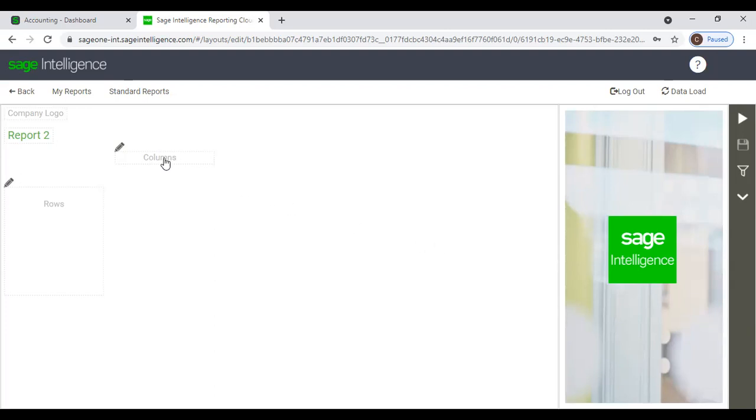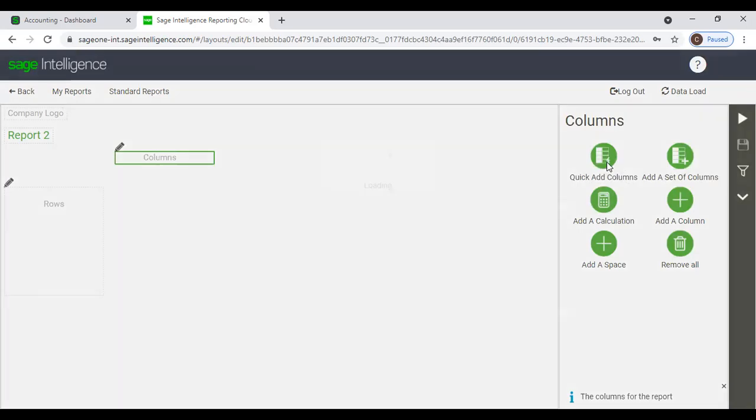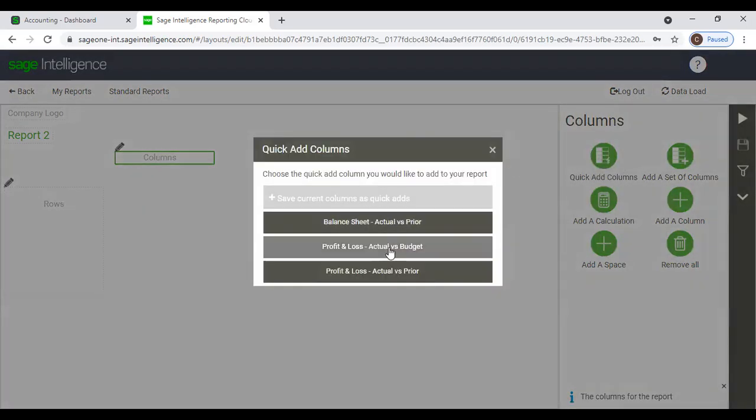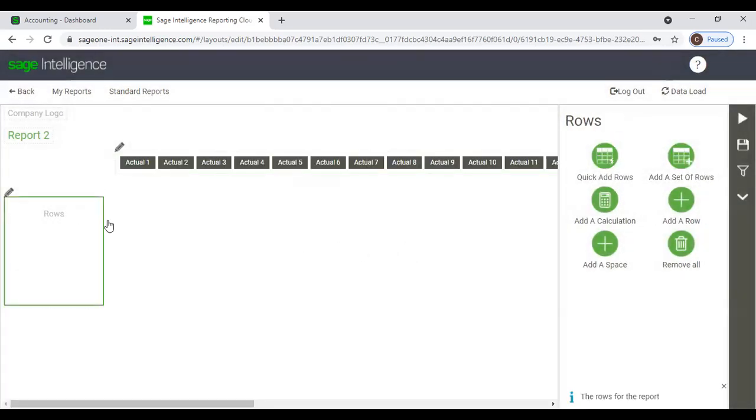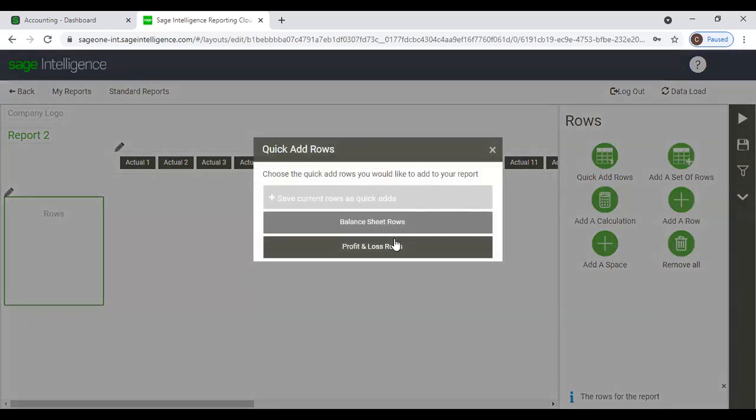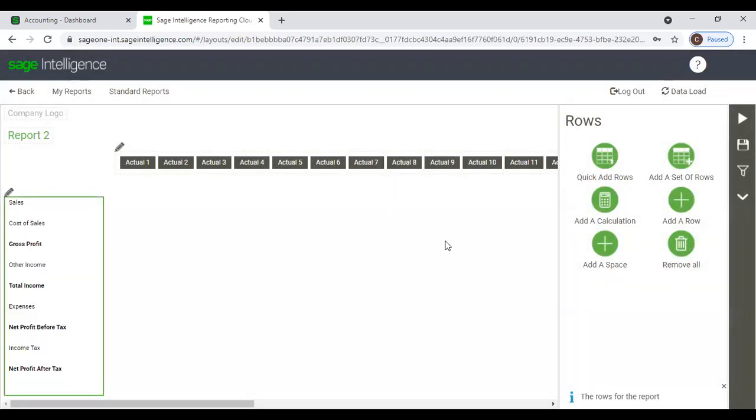Right, we'll add columns again. You can select actual versus budget, actual versus prior. Right. Now we have created the report, and if you want, you can